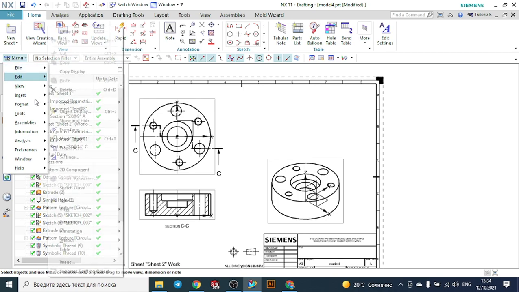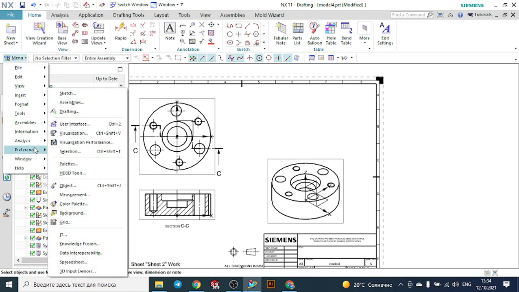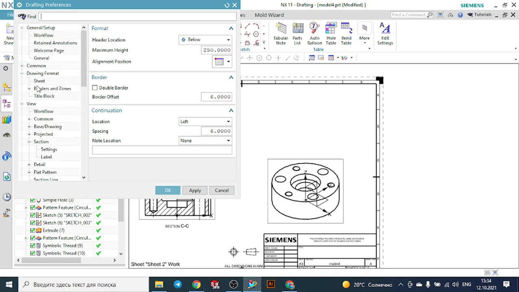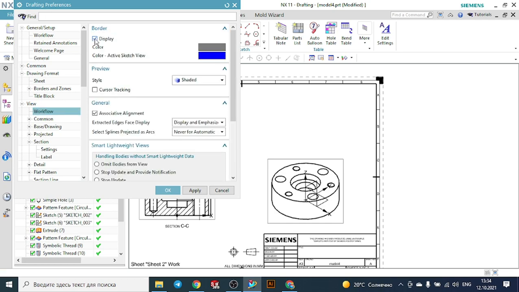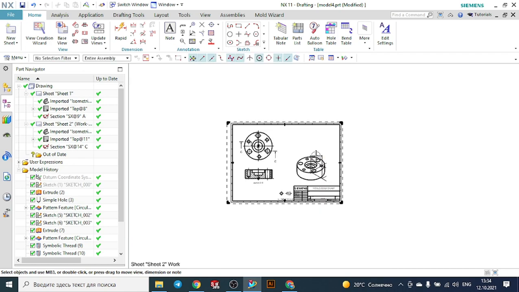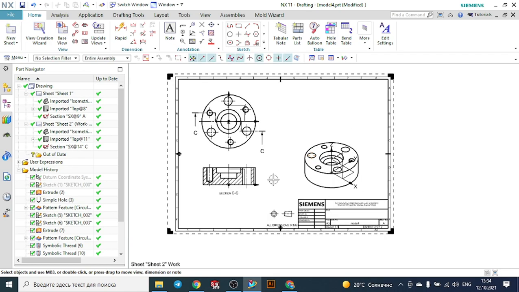So go to the menu, Preference, select Drafting, and go to the workflow, View and Workflow, Display. That's okay. So it has disappeared. Now we can